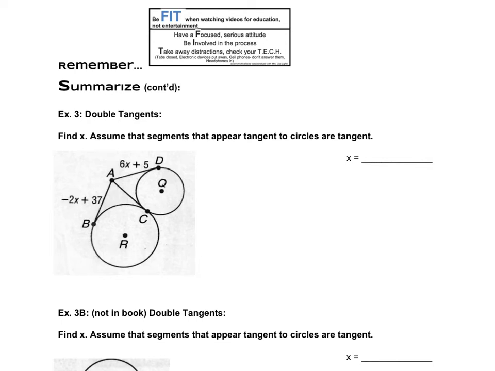Okay, in this video we're going to be exploring some examples of tangents that involve two segments tangent to a circle. So two tangents, remember, are always going to be congruent when it's from the same exterior point. So we're going to start by putting some markings on the diagram here that AB and AC are going to